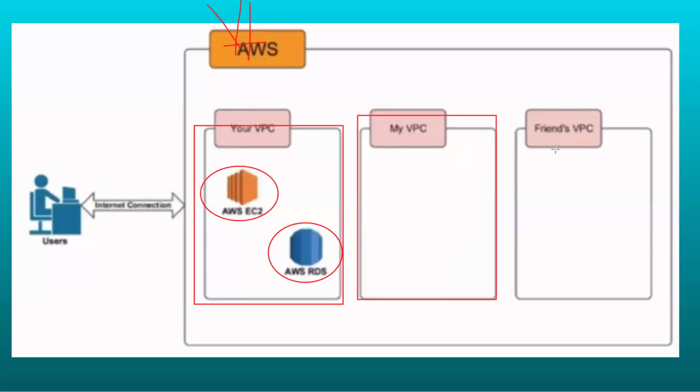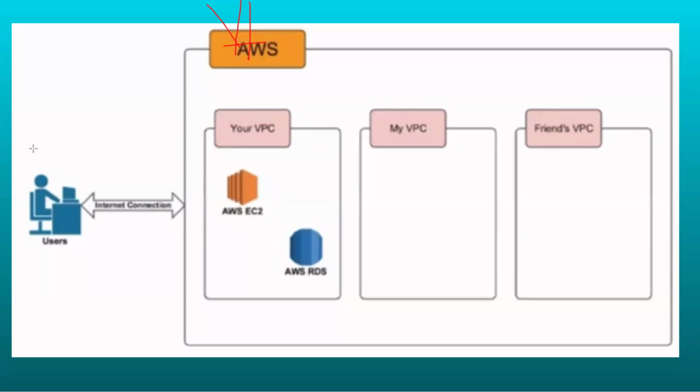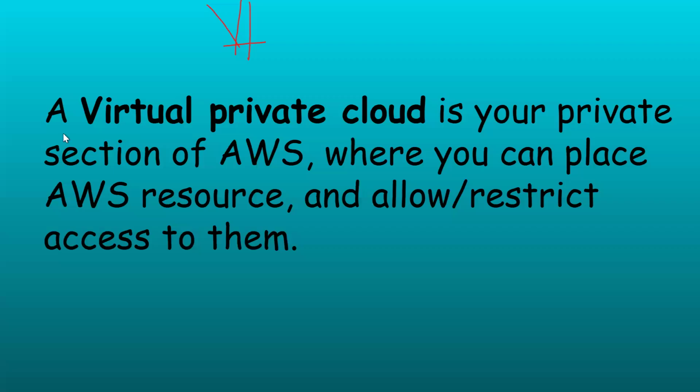and so many networks. Each and every network is an isolated area. On top of it we can create resources, and those resources are fully secure. We can control our access. So a virtual private cloud is a private section of AWS, in your AWS account. We can place resources like a server or a database, whatever it may be. After creating the resources, to decide who can access them, we write rules and regulations. Based on these rules, outside people can access them, or else they can't.